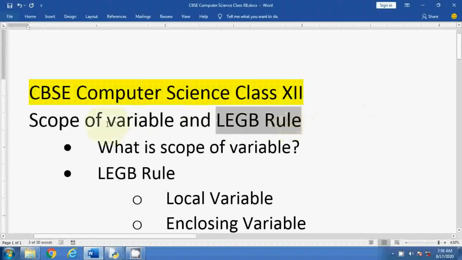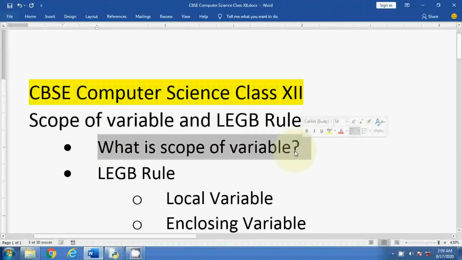So, the first aspect is what is the scope of a variable. Whenever we are creating a function in Python, there are some variables used in particular functions, and those functions can access particular variables to some extent. That is called scope. Scope means where we are writing the variable, and accordingly the scope is given. We can say that the place where the function is declared, inside which a variable is declared, is called the scope of the variable. I will explain that in practical.